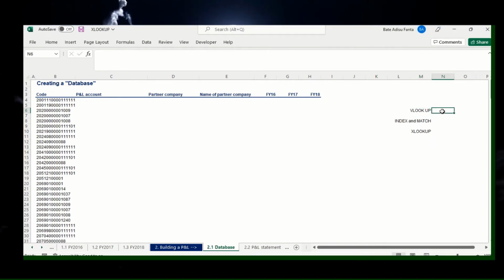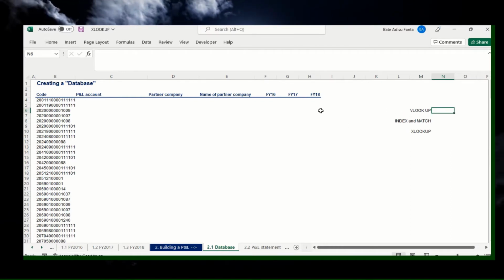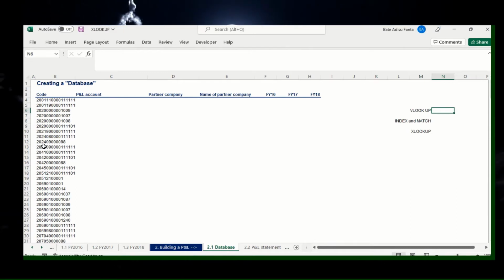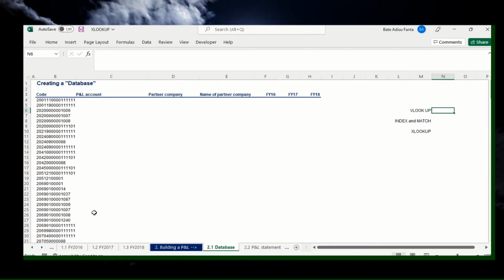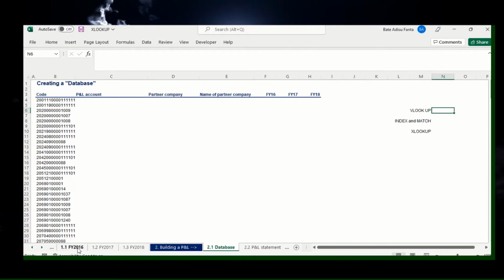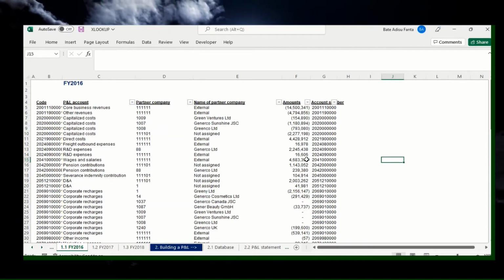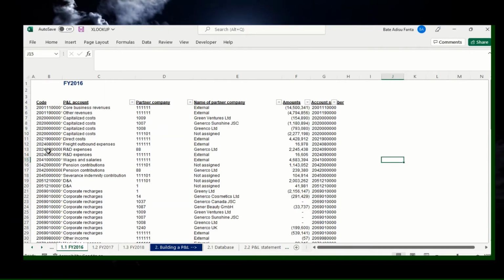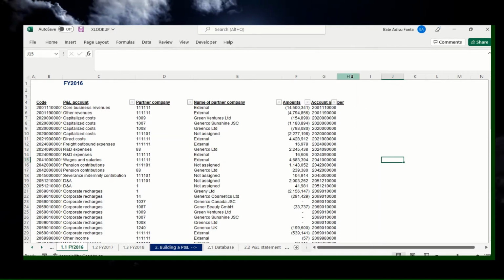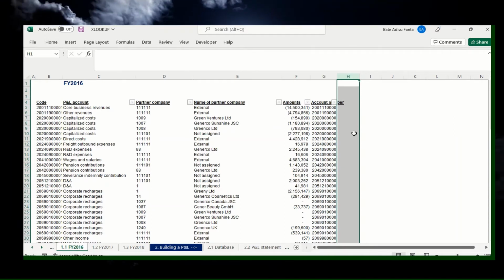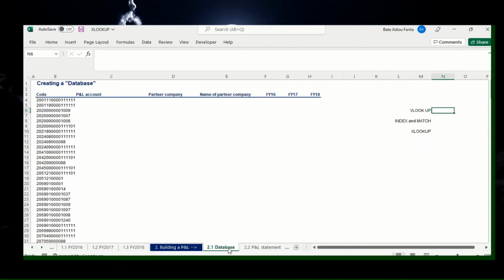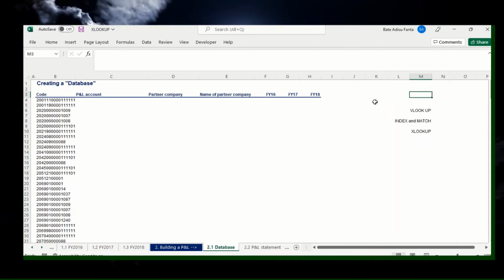One of the main limitations of VLOOKUP is that we have to put the lookup array on the left side of the source sheet. I will show you from our source sheet from 2016. For example, if we are looking up the code from this data, this code should be on the left side. If we put this code on the right side, let's say here in the H column, we cannot apply VLOOKUP, because, for example, if I type the formula of VLOOKUP,